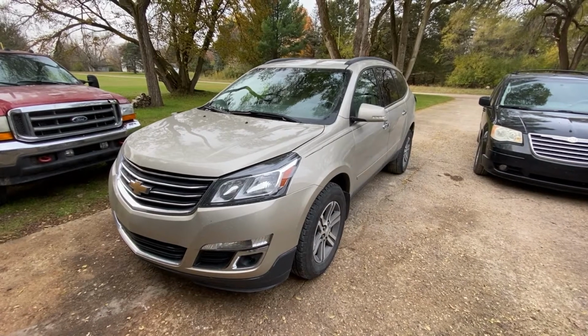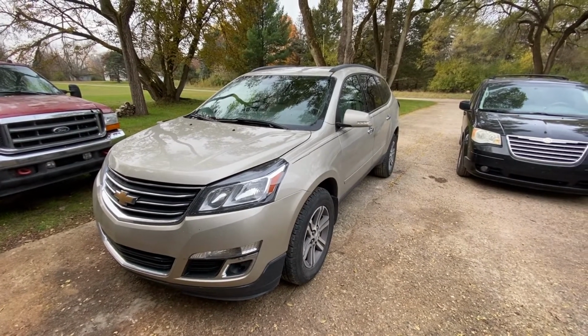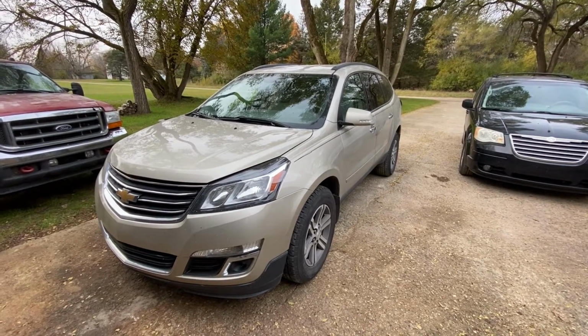Hey guys, today I'm going to show you where the AC relay and AC fuse are on this 2015 Chevy